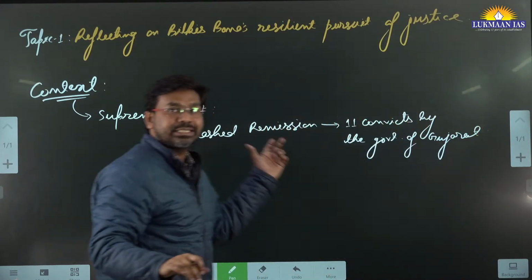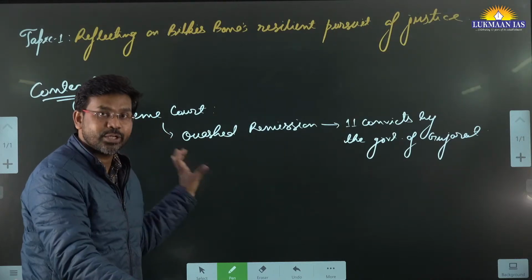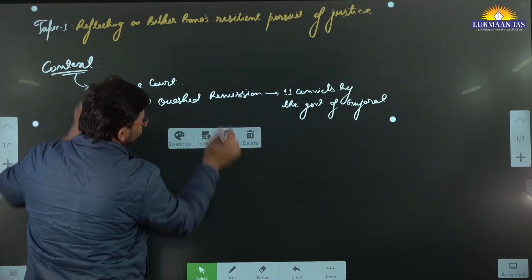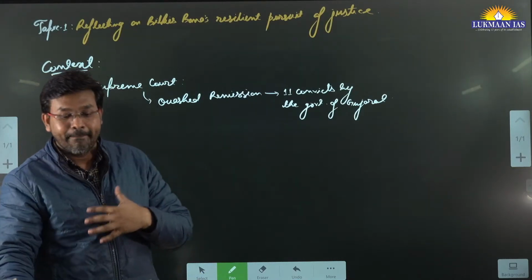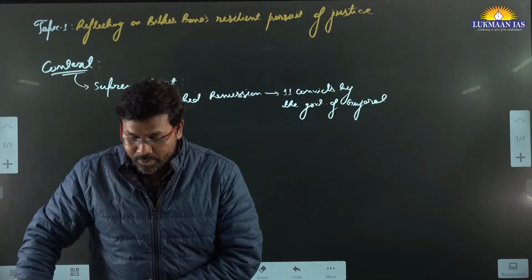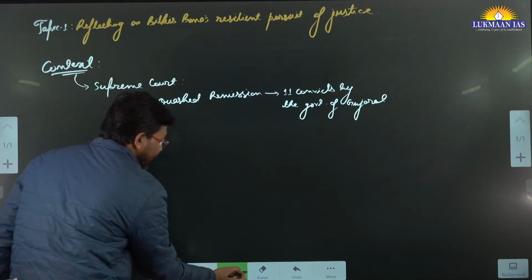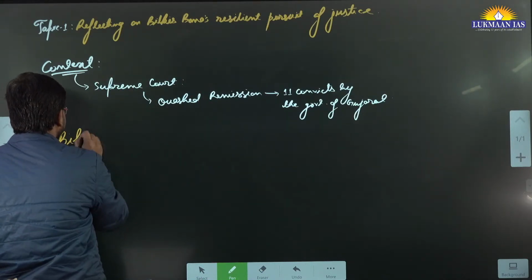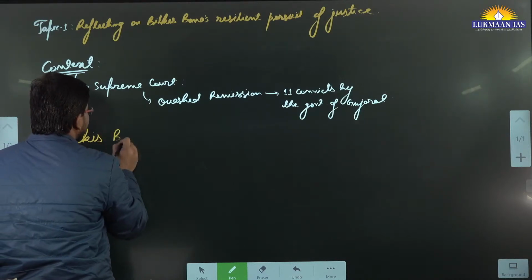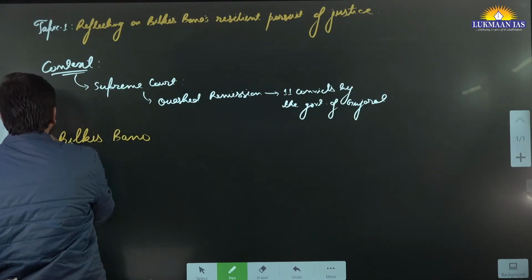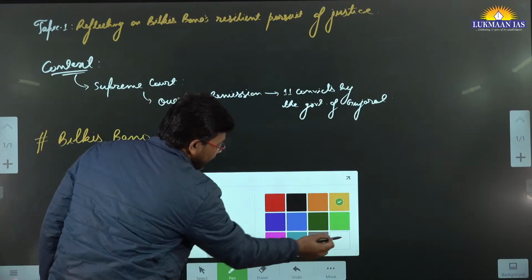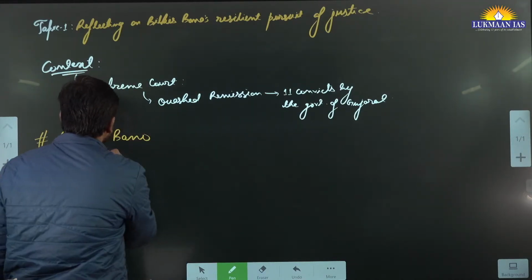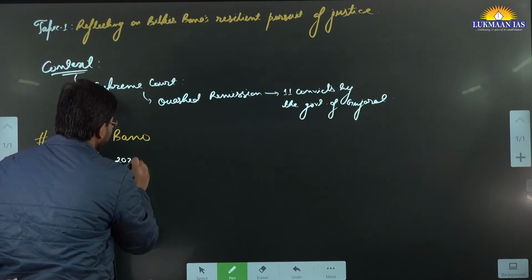So, this is the context under which we are studying this particular article, but we need to understand some basics related to this article. We need to understand the background. So, here we are talking about a lady, her name is Bilkis Bano. Basically what has happened long back, in around 2002,